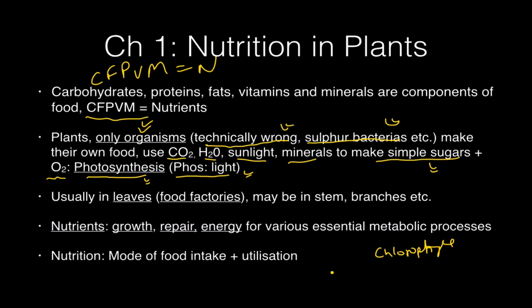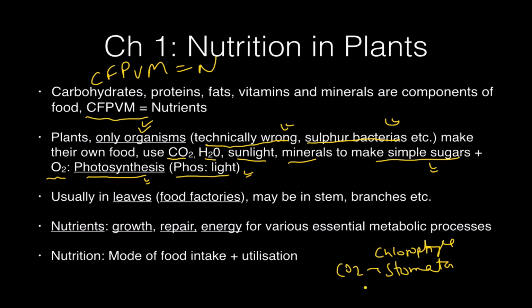Carbon dioxide is there in the atmosphere. Now carbon dioxide will enter through the stomata. We will be dealing with it later, and then it will pierce the epidermis and cuticle. And finally water, CO2 and sunlight will combine in leaves, that is in the chlorophyll region, and they will result in the production of glucose molecule, that is C6H12O6 plus oxygen, and some water vapor will also evaporate through